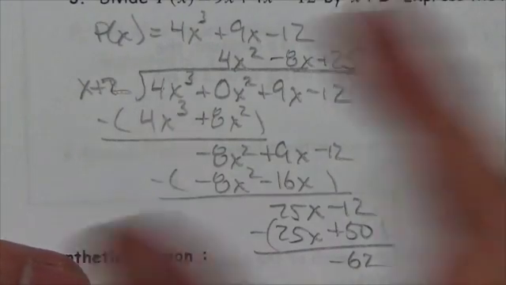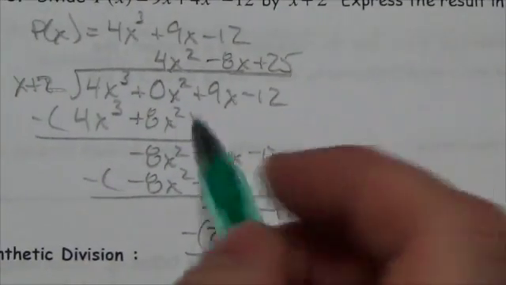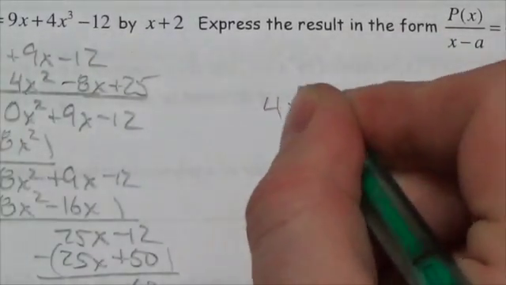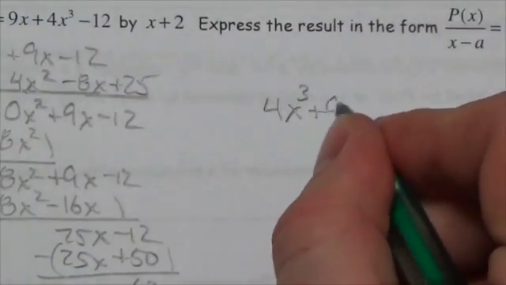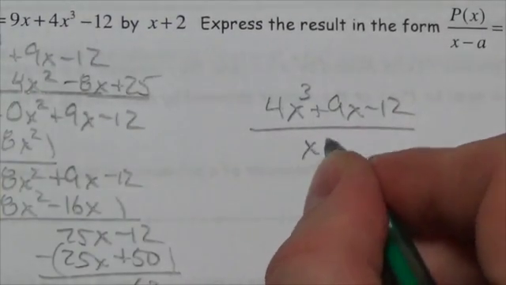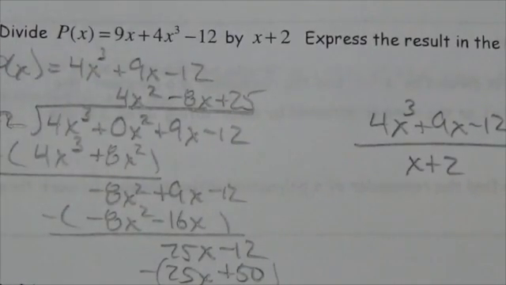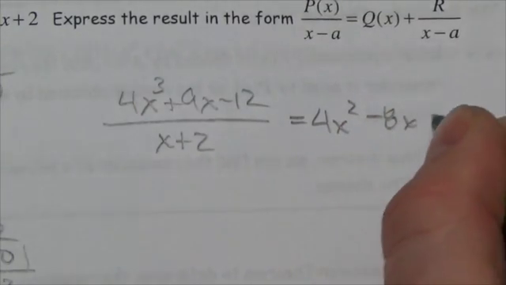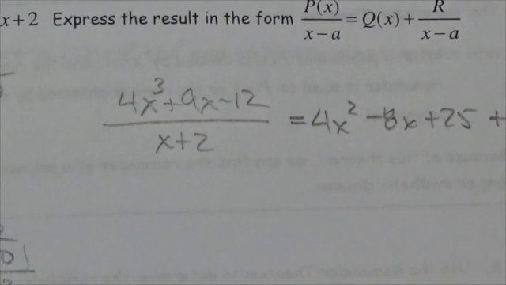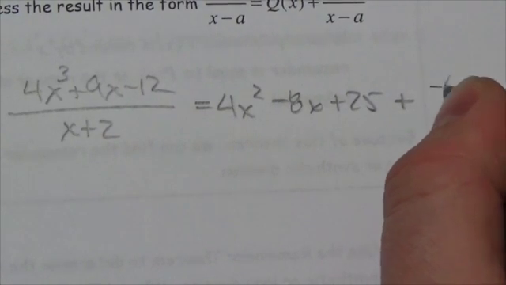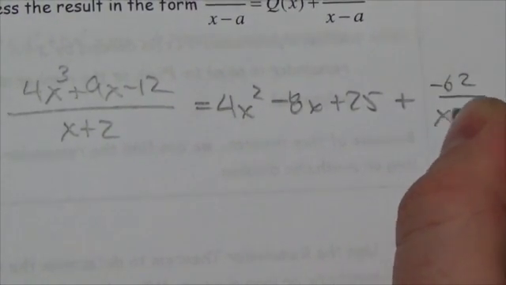And now my remainder has a smaller degree than my divisor, so I know that I'm done. Now I can write the answer in the form that they're looking for here. Okay, I take my dividend, and this time I'm not going to worry about writing the 0x squared because I'm done the division, so I'm just going to write the terms that are significant over my divisor, x plus 2, will equal my quotient. Well, my quotient was 4x squared minus 8x plus 25, plus my remainder, which in this case was negative 62, over x plus 2,